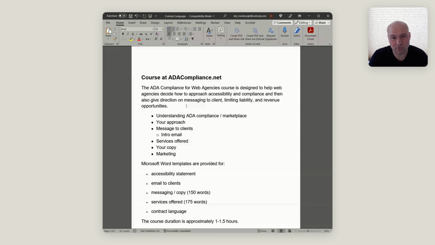And again, they're here to help you get started and to also help you shore up any gaps in your knowledge, because one of the things that bothers me the most is when I know there's something I don't know about a particular topic. With ADA compliance, many people are working from different versions of knowledge, and it's good to make sure that you have a strong foundation and you are aligned with what is actually correct, so that you as an agency, whether you're a web development agency, a web design agency, SEO agency, social marketing, etc., whether even if you just provide, let's say, WordPress themes, it's important to know what this is.